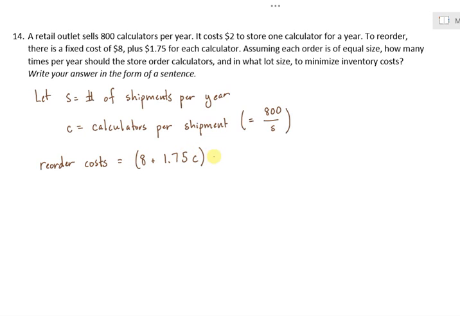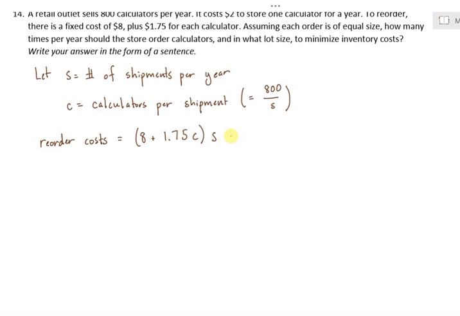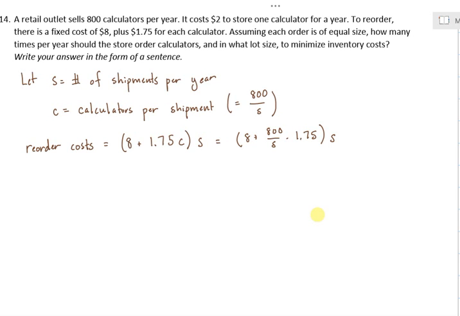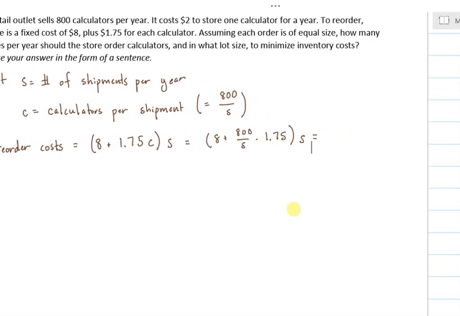And altogether, that's times S. So I can write that as 8 plus 800 over S times 1.75 times S. And that's getting me 8S plus 800 times 1.75, which is